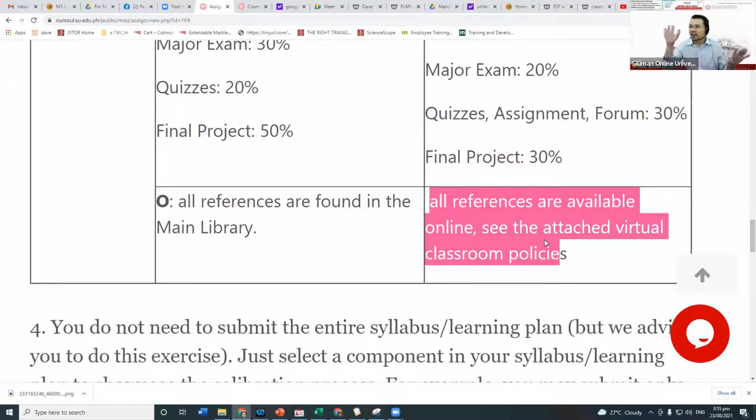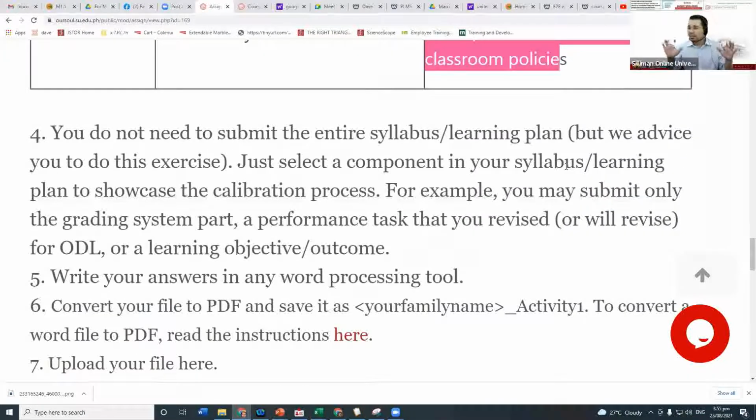And then, ano yung nai-upload is the old syllabus with the face-to-face environment. And when a certain topic or week will reach, doon na ma-realize na, hala, hindi pwedeng ma-achieve ang learning outcome. For the purposes of this exercise, you don't need to submit the entire syllabus. No, but we advise you to do this exercise. This will help you. I'll tell you, colleagues, this will help you make your life easy when you teach online